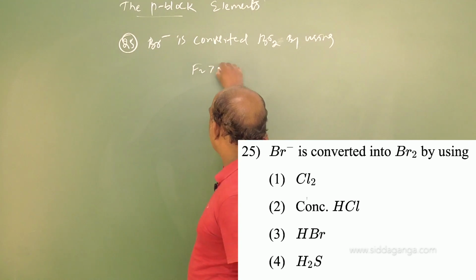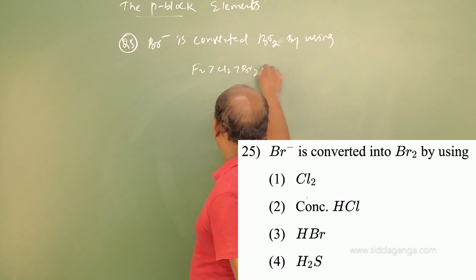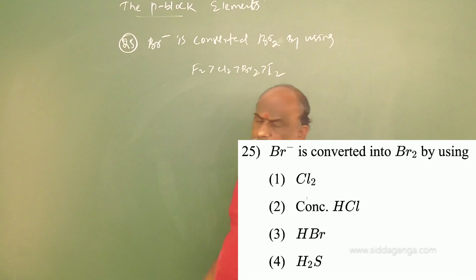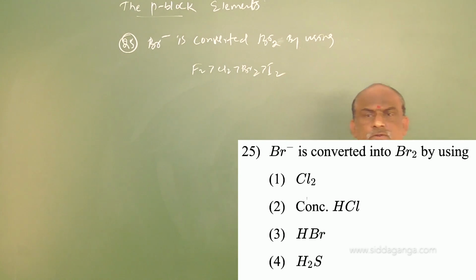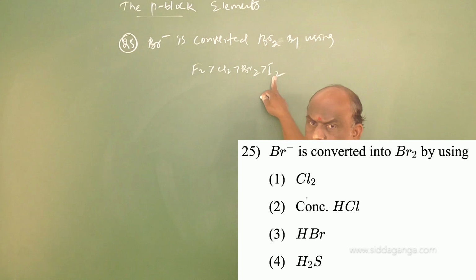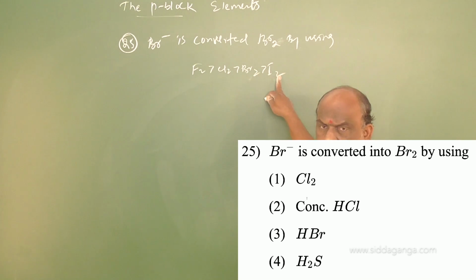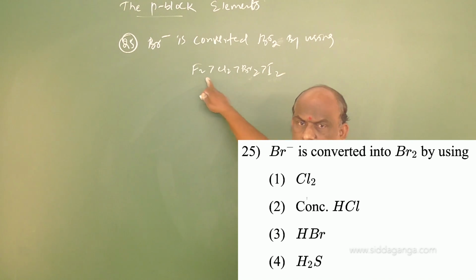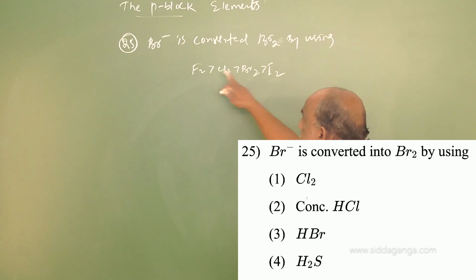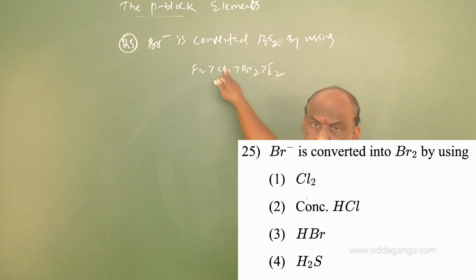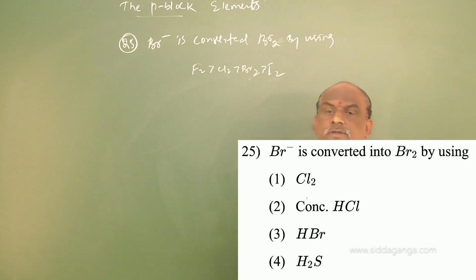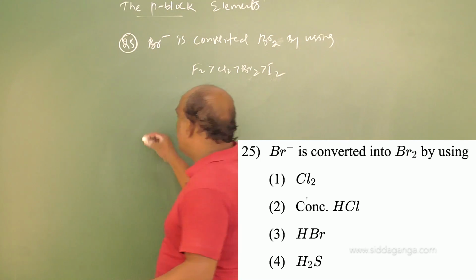Chlorine, bromine, iodine: consider the ability of oxidation character. Chlorine can displace bromine and iodine. Bromine can displace iodine only. Iodine cannot displace chlorine or bromine. Bromine cannot displace chlorine. Chlorine cannot displace chlorine. So here, Br minus is converted into Br2 by using one and only one answer,